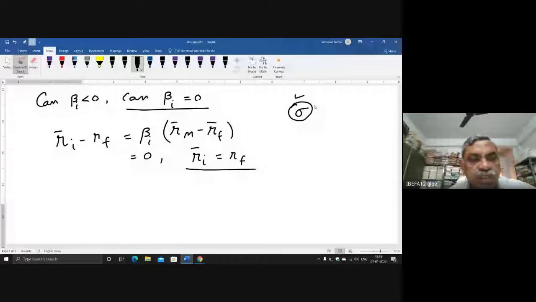Anyway, the idea here is that the return that we expect is the same as the return on a risk-free